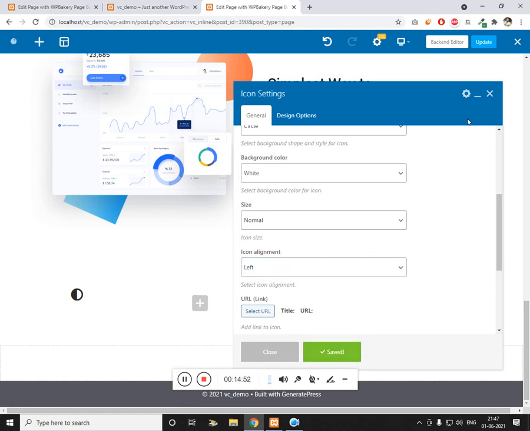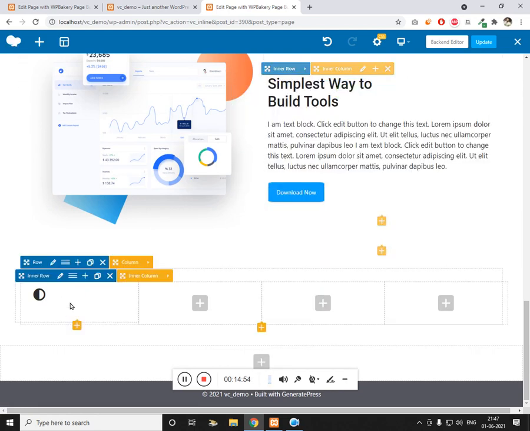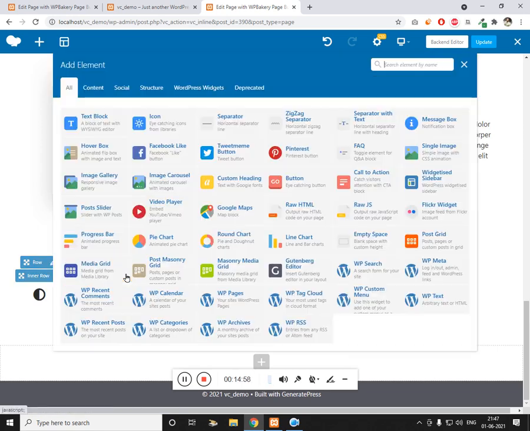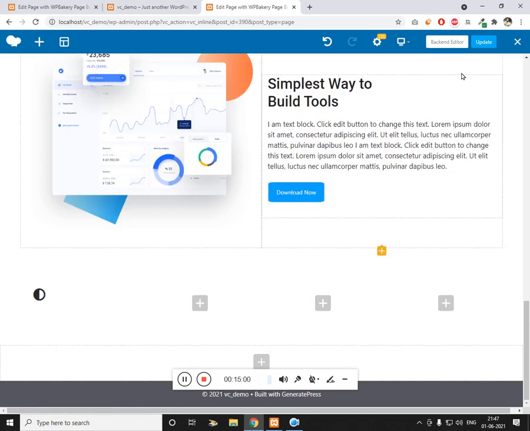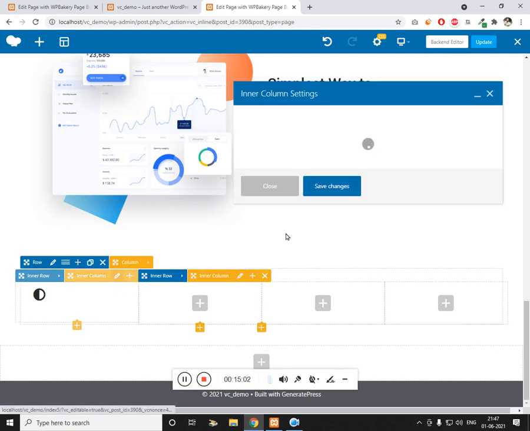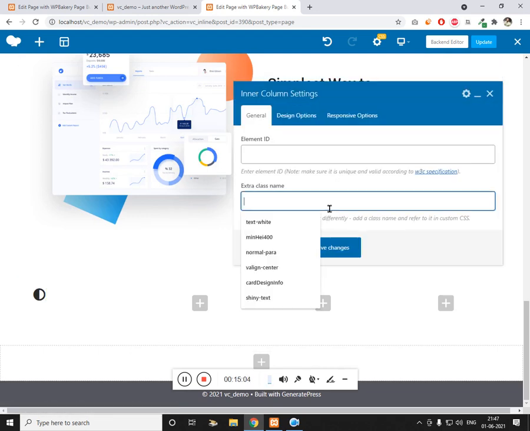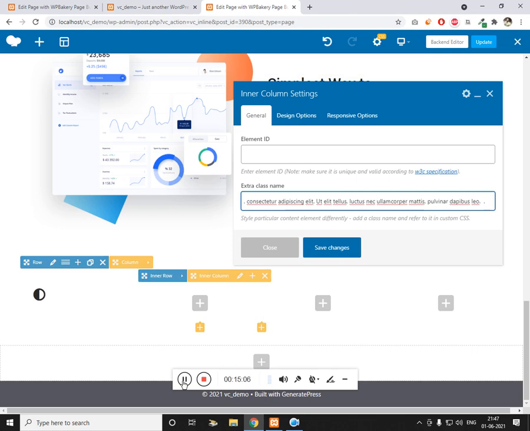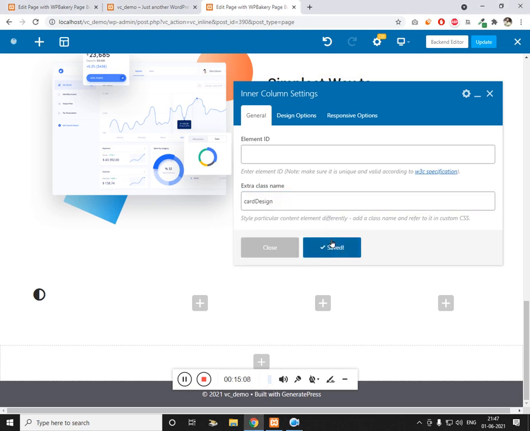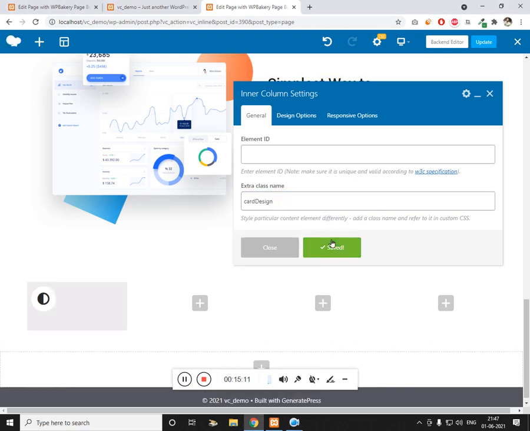Click on set. So let me edit this column, and let me give the class card design. So it will just add the grayish background, that's it.